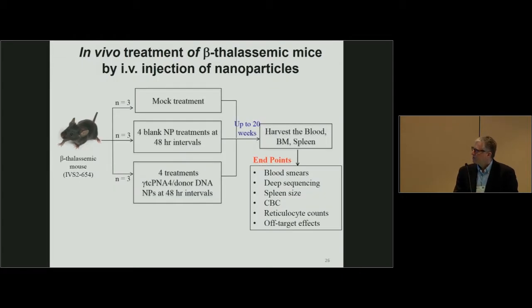So we took these mice and we treated them with the nanoparticles containing the gamma PNA and donor DNA that I showed you earlier. In this experiment, we did 4 treatments, 2 milligrams of nanoparticles given IV, 150 microliters each, given every 48 hours for 4 treatments. And then we waited up to 20 weeks. We looked at the mice at different intervals. The earliest usually was about a month, but we actually carried this out over 140 days looking at these hematologic